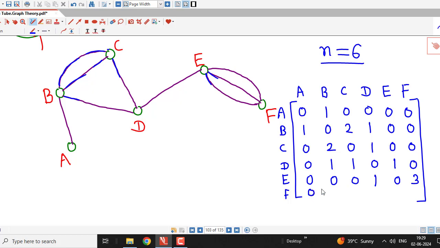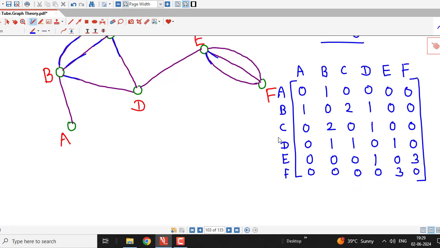There is no edge from F to A, from F to B, from F to C, from F to D, and there are 3 edges from F to E, and there is no edge from F to itself. So this is the adjacency matrix for the given undirected graph,